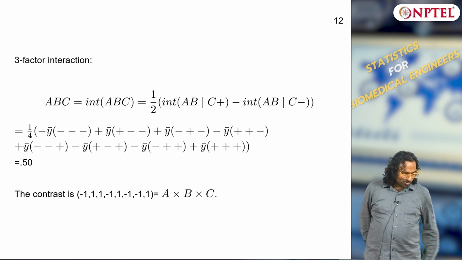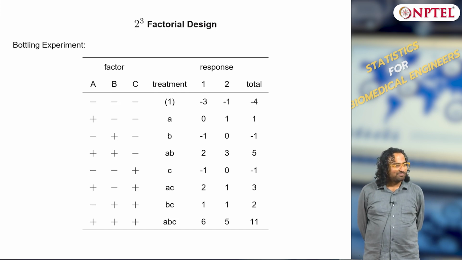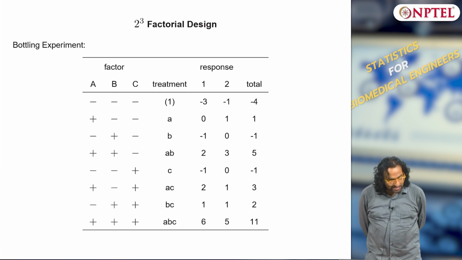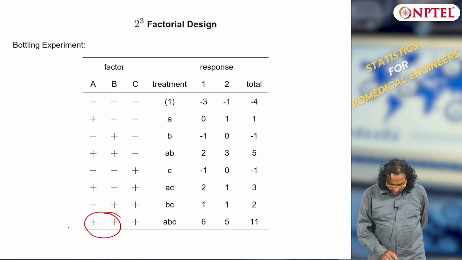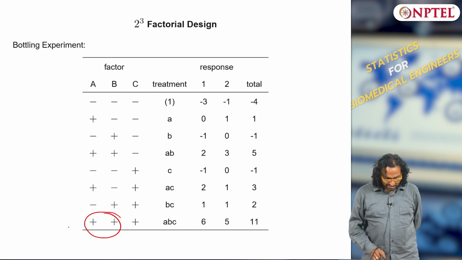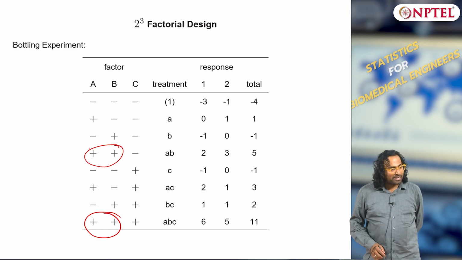You want to write combinations. If you write combinations, how many terms will you get? A plus B plus, A plus B minus, A minus B plus, A minus B minus. How many times is A plus B plus there? How many total terms of A plus B plus are there? One, 2 terms. A minus B minus?